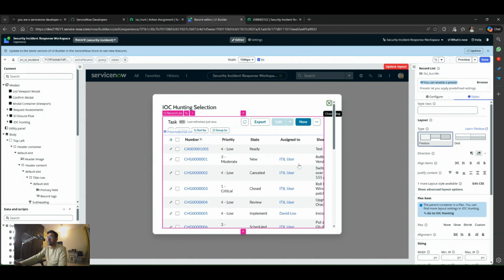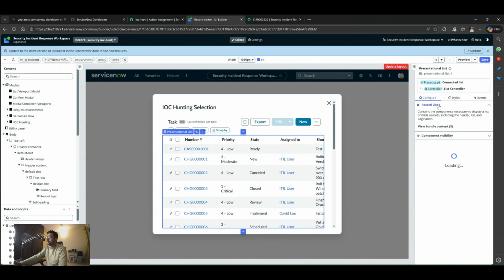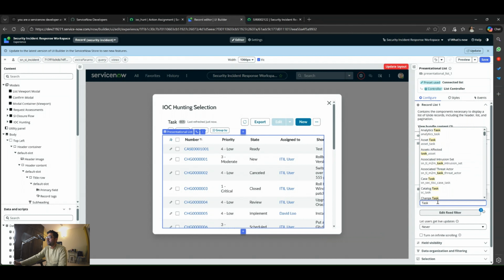Yeah, so it is like a list only, and I will have to select the data. So here I will select task observable table,